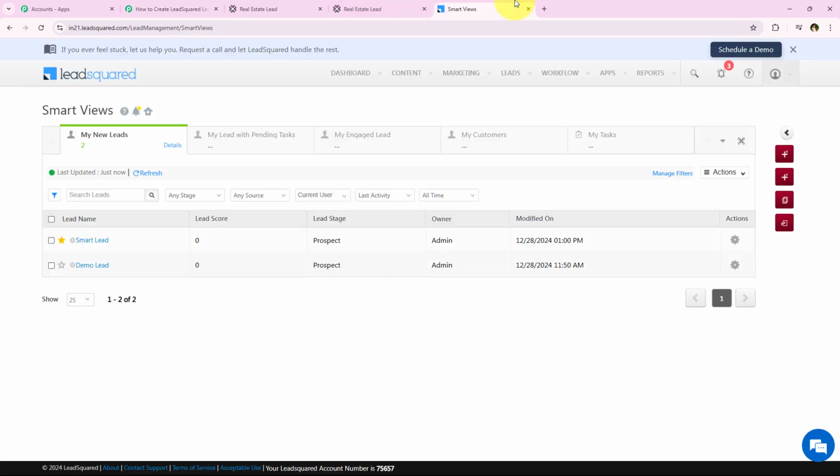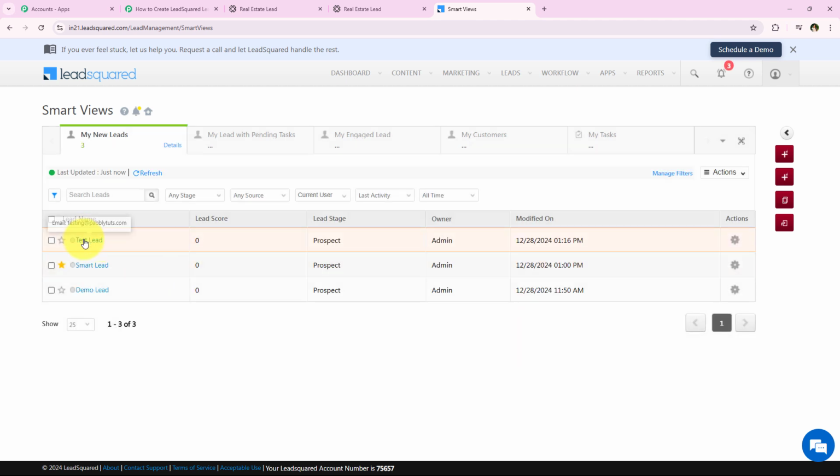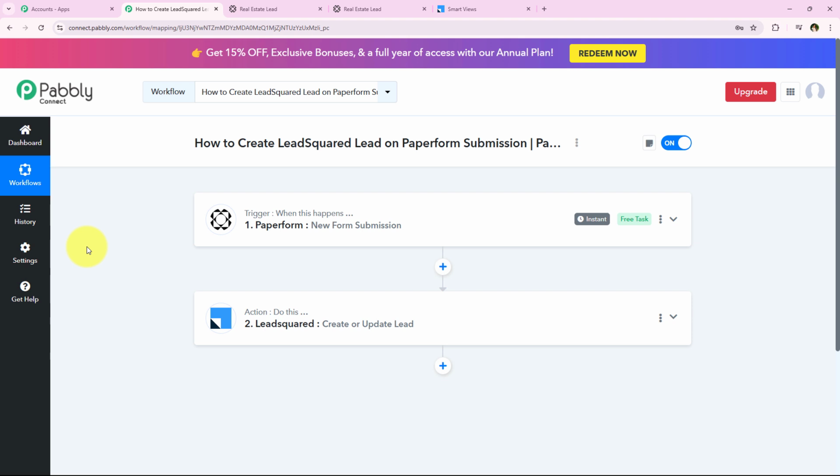So I'm just going to open my LeadSquared account, and we're going to refresh this in order to check for the new lead details added right over here. And as you can see, the lead details have been added. You can see the same name which we entered, which is test lead, and the same email which we entered, which is testing@pabblytunes.com. So yes, with this we have successfully completed our workflow,